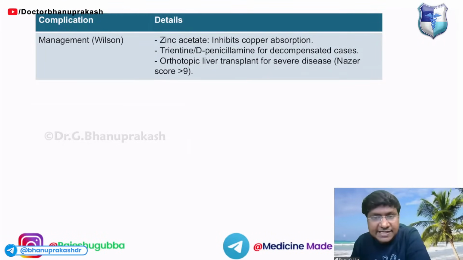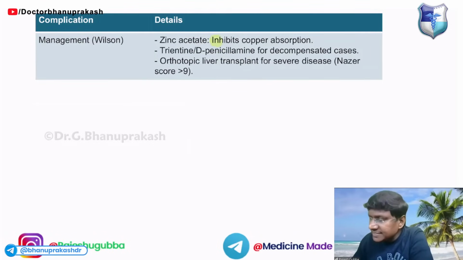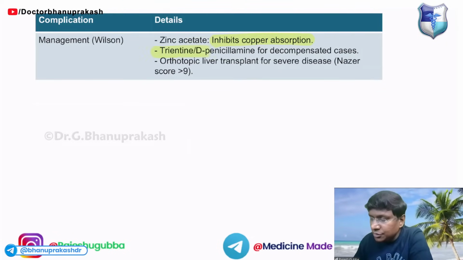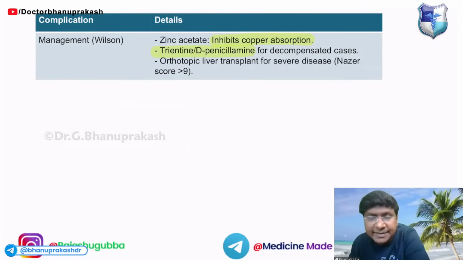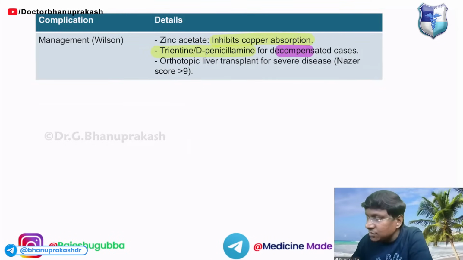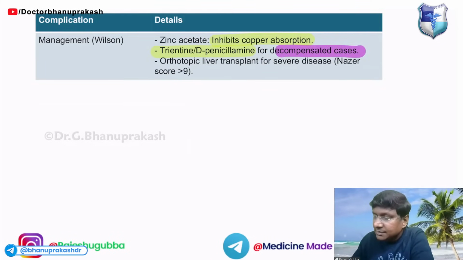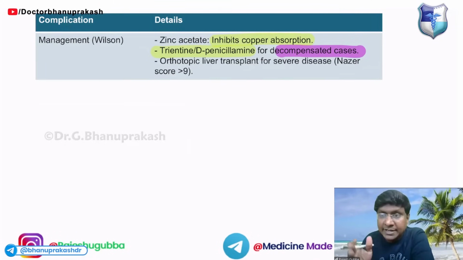So you need to give zinc acetate. What will the zinc acetate do? It will inhibit the copper absorption. What are the alternative molecules? The alternative molecules are trientine and penicillamine. Trientine and penicillamine are given mainly in decompensated cases. Then, next important is when the individual develops